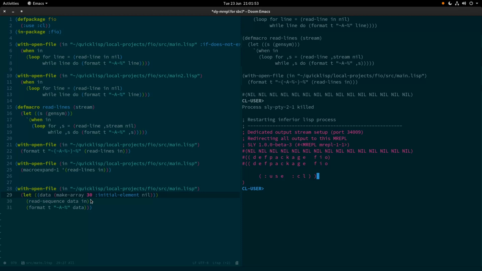So I could create, I'll do this in another video, I'll show how to do that in another video, but what we might want to do is we might only want the first 15 bytes, or we might want 15 bytes, sorry, but not from the beginning. So read-sequence will read as many bytes as can fit into its destination array from a stream. But we might not want that from the beginning. So what we can do